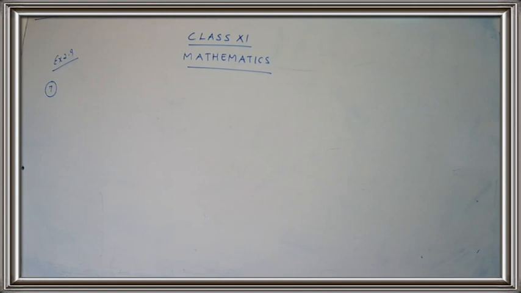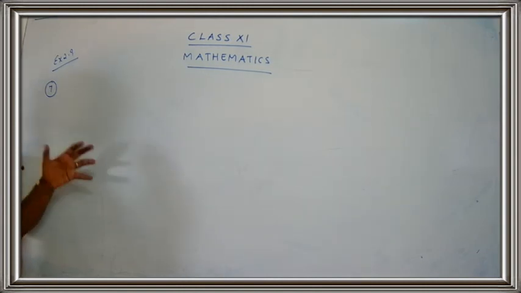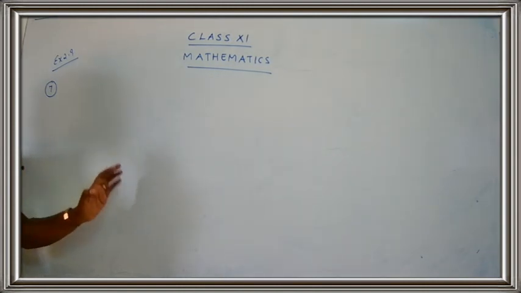Today we are going to just continue with exercise 2.9. Exercise 2.9 deals with partial fractions, and I have told you that this exercise is very important. You may have a 3-mark question or a 5-mark question from partial fractions. So this is a very easy exercise. You have to just choose the value of x properly. Once you choose the value of x properly, you will get the unknown values, and you have to just put the unknown values and your answer is ready. So just think properly and answer it.